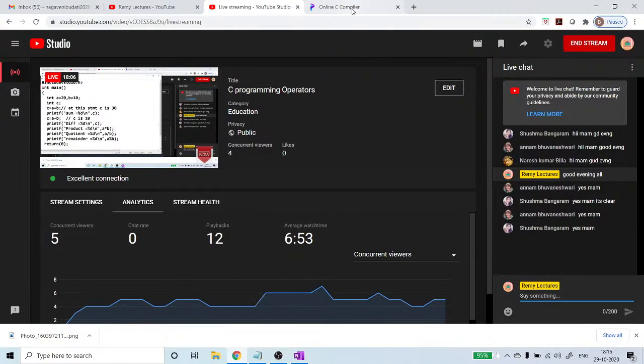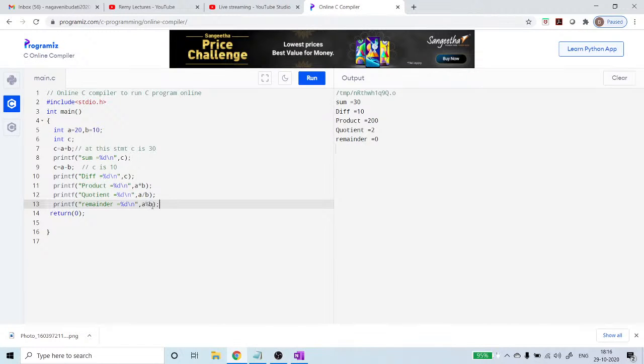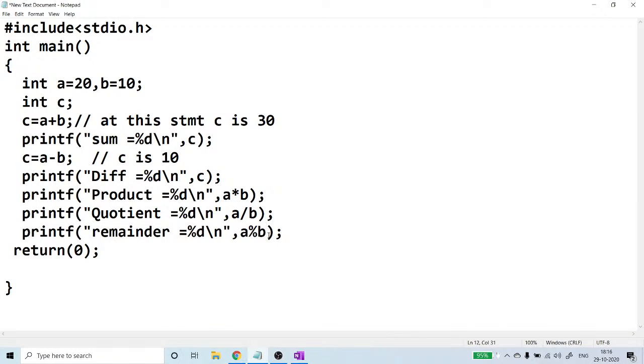So I'm going back to my program, and instead of a modulo b, I'm writing minus 20 modulo 10. There are some restrictions for the modulo operator, that is the percentile operator, and to show you that,